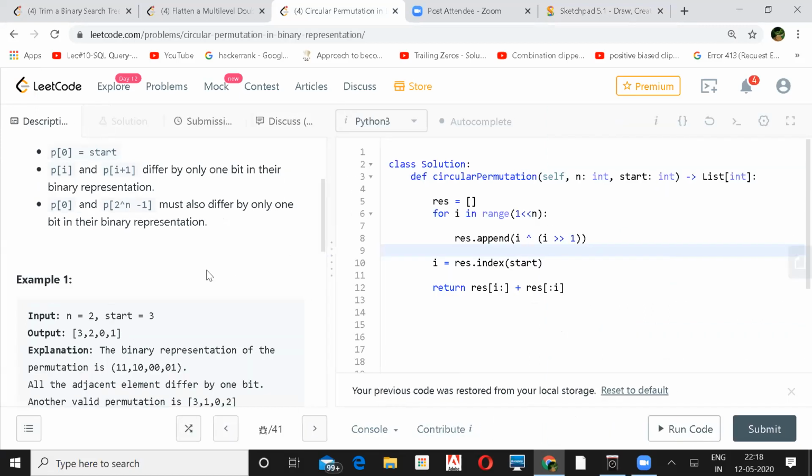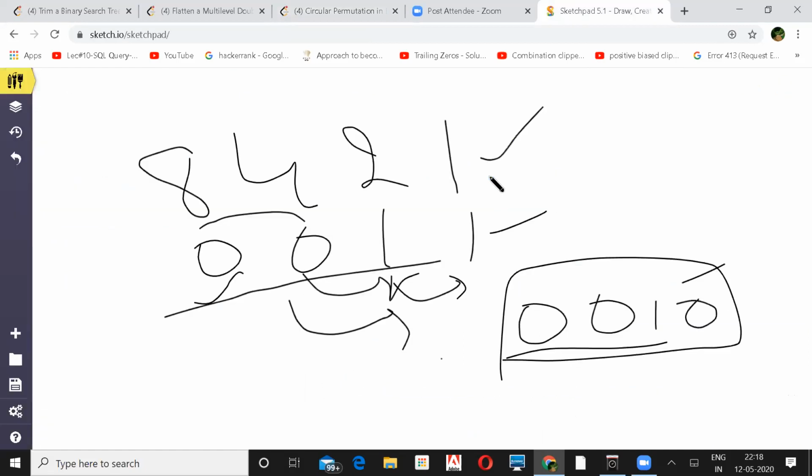I have one question. Yeah, sure. So I started with 0, 1, 0, 0. This is 4. After three more gray codes, the next one was 0, 1, 1, 0.